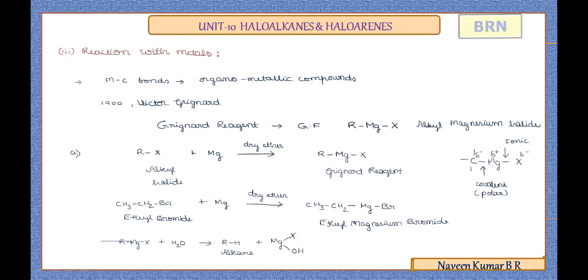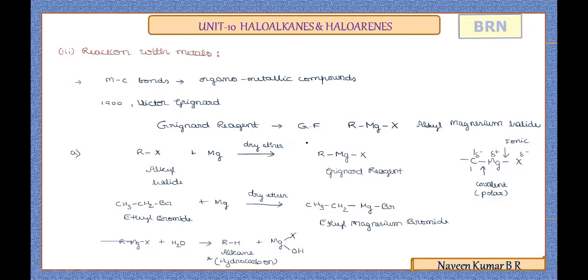Hence, the Grignard reagent is a highly reactive species. If any proton donating compound is treated with it, it will immediately form a hydrocarbon in general. This is a unique nature, which explains the property of a Grignard reagent. So this is in simple terms how the reactivity with magnesium metal takes place to yield an important organic compound, known as Grignard reagent. A very simple one, you can expect it as a 1 mark question.